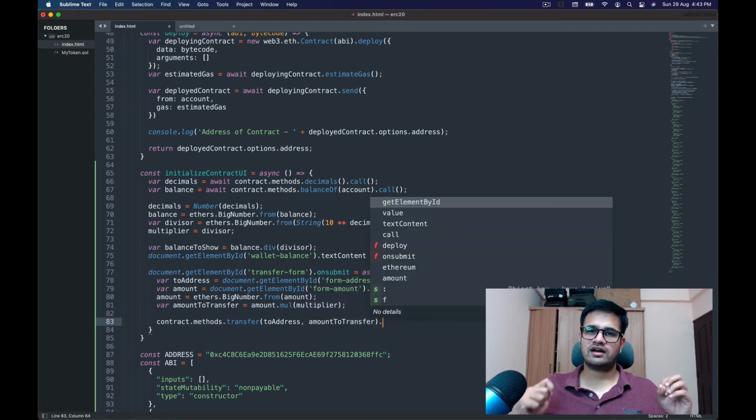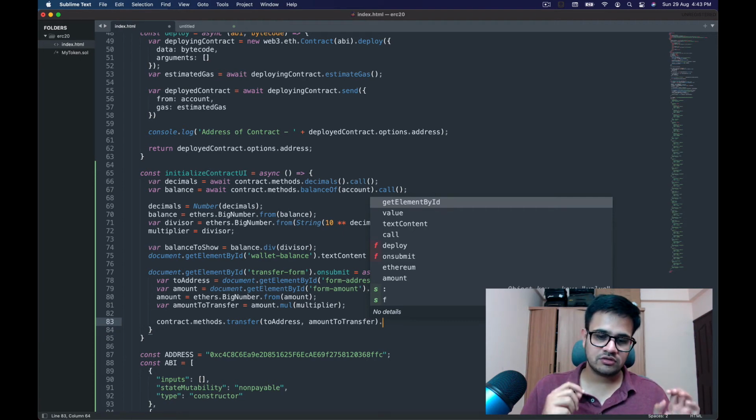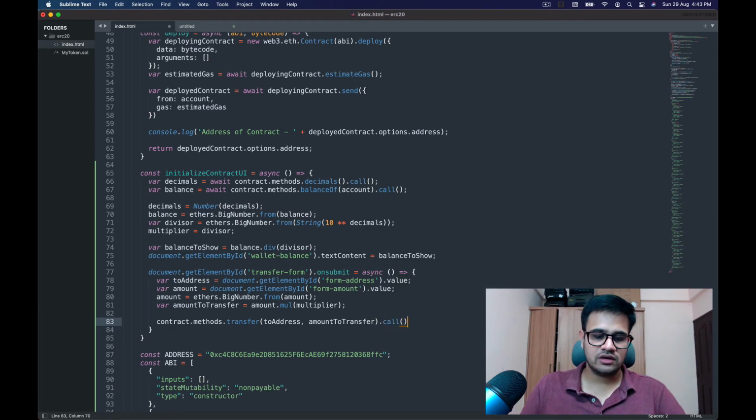Now because it's a writable function, and by that I mean it changes the state of the contract, instead of calling the simple call as we were doing, we need to call the send function. Here we need to add the from, which will be the account. This is the bare minimum you need to add. You can also suggest the amount of gas that is required and all those things, which is not required as of now, but is something to keep in mind. You can figure out what all things we will require by going through the Web3 documentation.